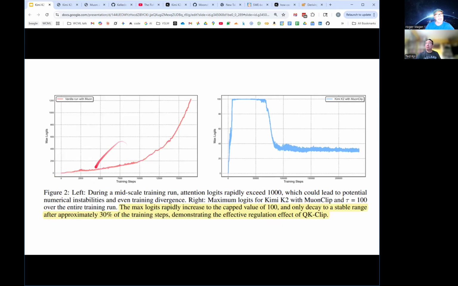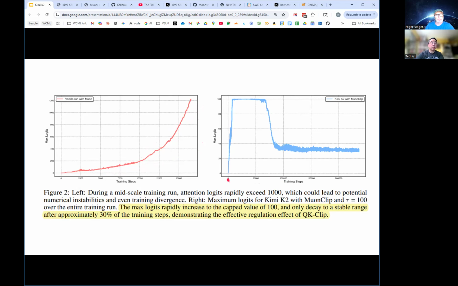So this is the result. On the left-hand side over here is the magnitude of this max logit, so that's the biggest QK logit that's going into the softmax, and it grows. This is reminiscent of the discussion we had, Ted, about the residual stream, that it just kept getting louder and louder and louder. It seems like a similar type of thing where you want more attention, and there's nothing pulling it back. So you get this growing magnitude of the QK. On the right-hand side is when they've introduced their clipping.